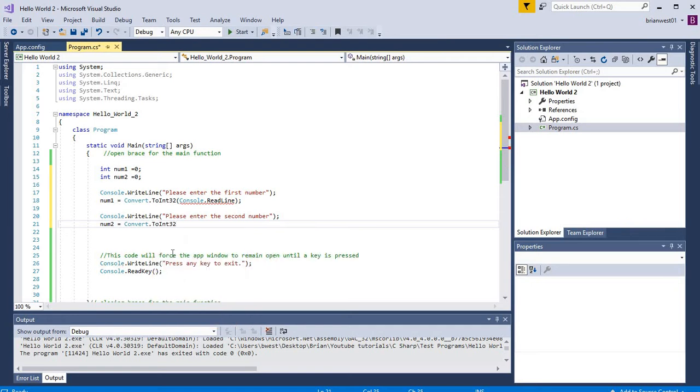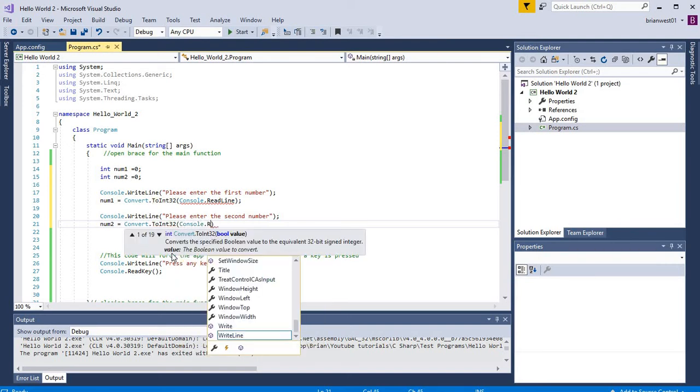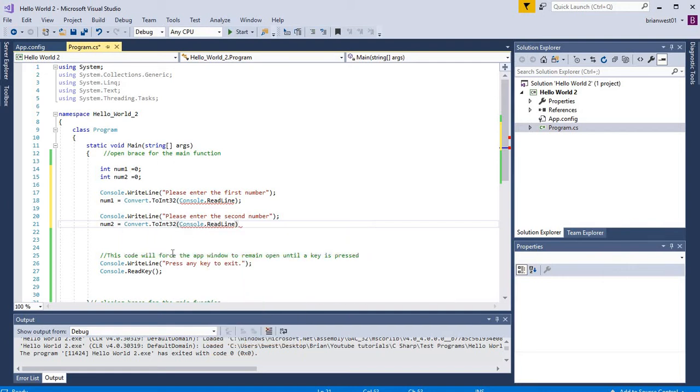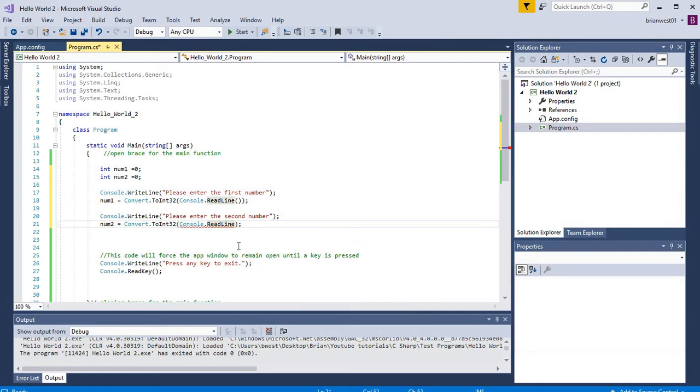So it assumes I want to do the same because I do. I'm doing the same thing, so Console dot ReadLine and a semicolon. Now, I messed up here. I have to go back. At the end, I have to add an open and close parenthesis. And I have to do the same thing at the end of this line,